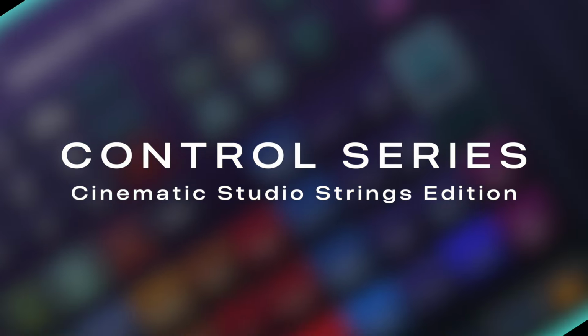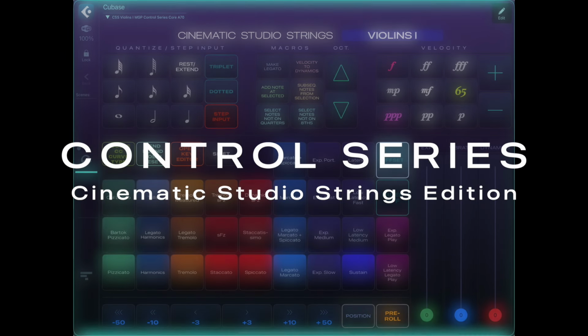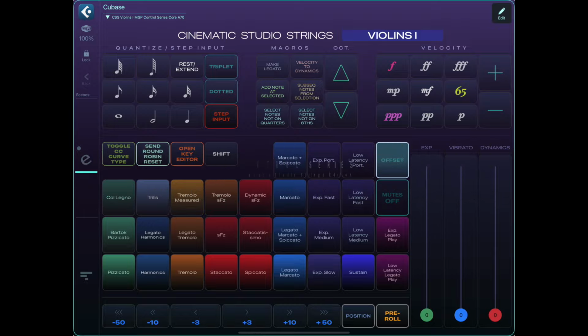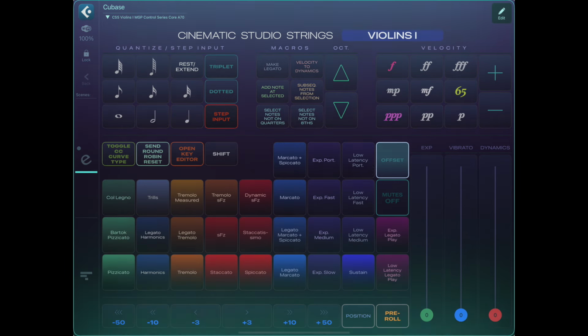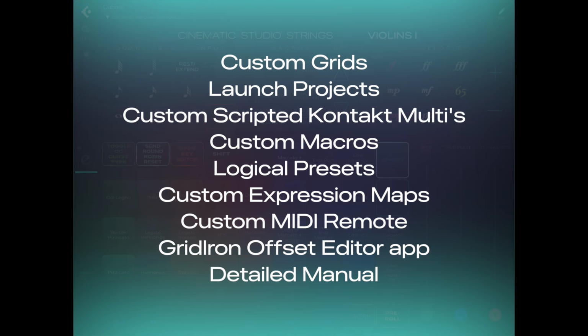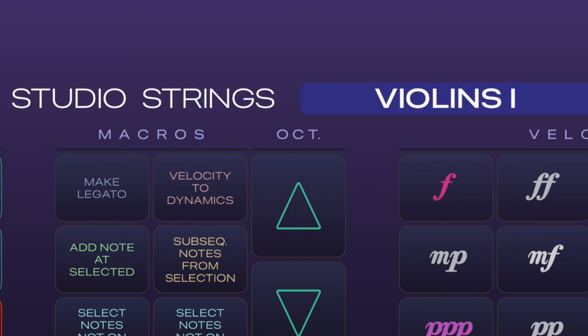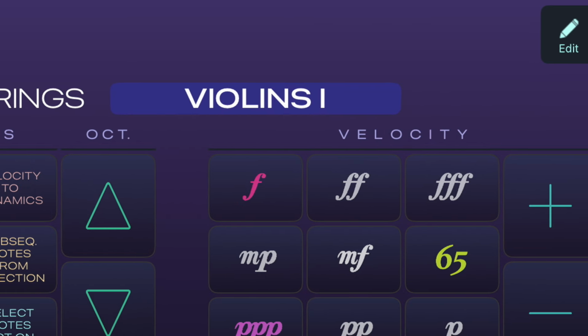I'm a composer and producer and the developer of the new Control series for MetaGrid Pro. Now, the Control series is a suite of tools made to support specific instrument libraries and virtual instruments. In each edition, we'll have some common features and also some unique ones that address common use cases of the library that it's made for. The first release is the Cinematic Studio Strings Edition, and among other things that it provides, it addresses the issue